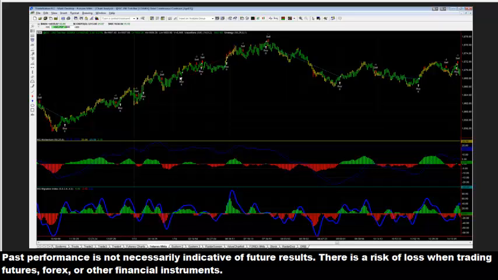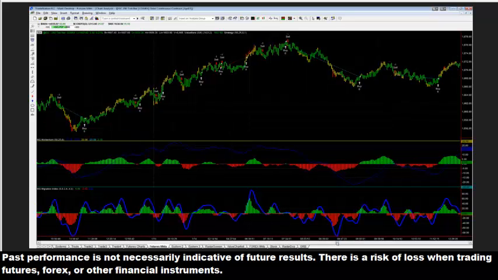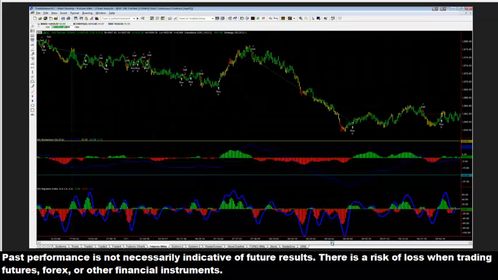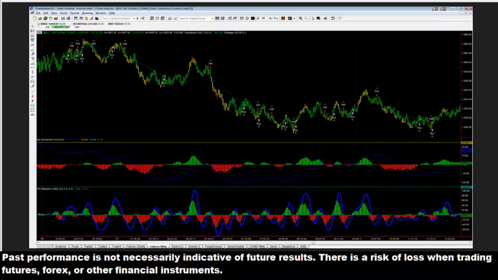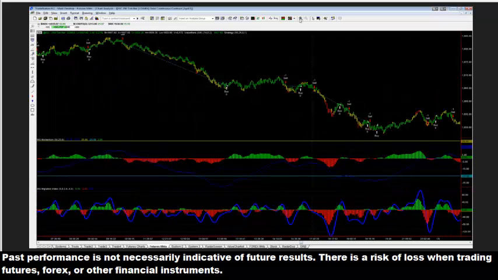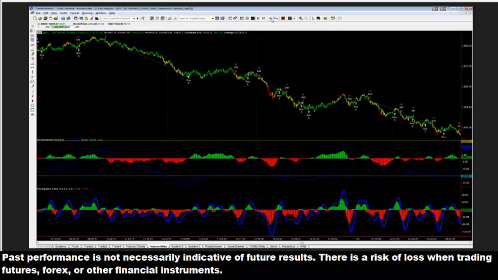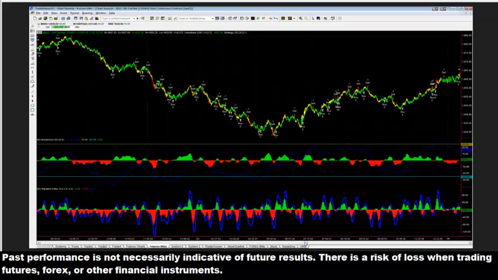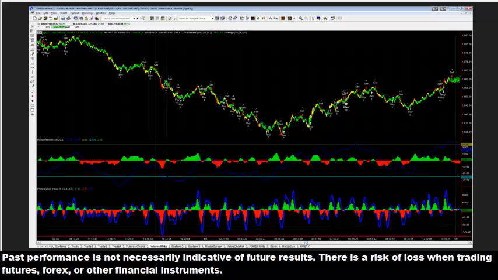Let's see if we can find another example here. Yeah, and see right here, if you anticipate this big down period, that's not even that big. See if I can find another example here. There we go. I think this is a situation where we had that. Let's see here. Might have been that green period up here. Yeah, that's right. I think that's right around that period that I was pointing out where the market was in fair value.